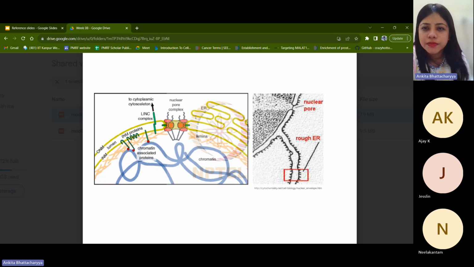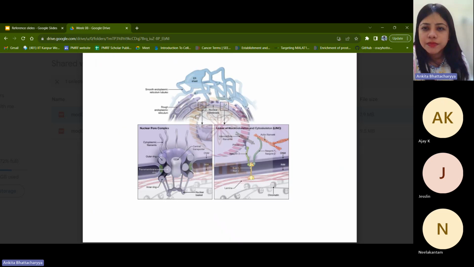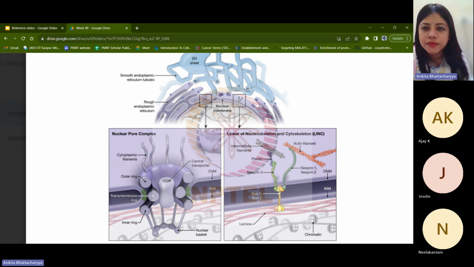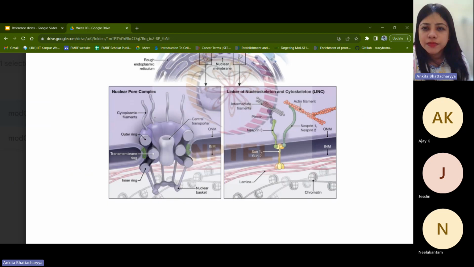And right next to the nuclear lamina, we can also see the endoplasmic reticulum. And that, of course, like we have discussed previously, is the RER, as you can see in the simply the black and white image that you can see on the right. So it is representative of what is happening inside the cell as well. So here, this is a part of the discussion we've already had, the rough ER and how it is present. And this is the detailed architecture of how the nuclear pore complex is formed and how the LINC actually operates in this context as well.